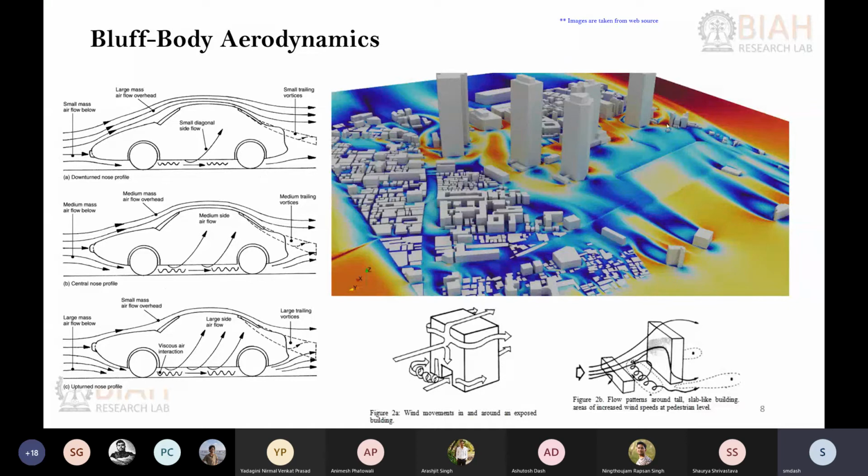Then there will be another portion where we'll be discussing building aerodynamics. If you have a cluster of buildings, how does the flow regime evolve in and around them, and is it comfortable for the people living in that region? That also will be investigated. Like you can see in this particular figure, if you have a small building and a tall building, there are different flow regimes that evolve in and around the building. Okay, so people who are walking, for example, in this corridor, may not feel comfortable. Those conditions we are going to evaluate when we discuss building aerodynamics. These two together come under bluff body aerodynamics.